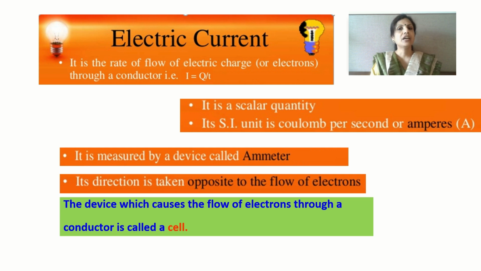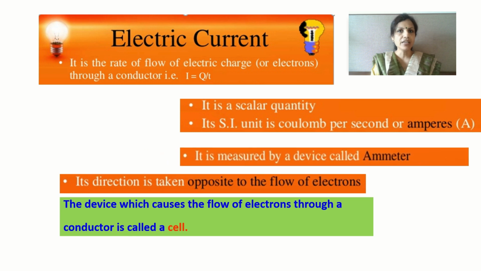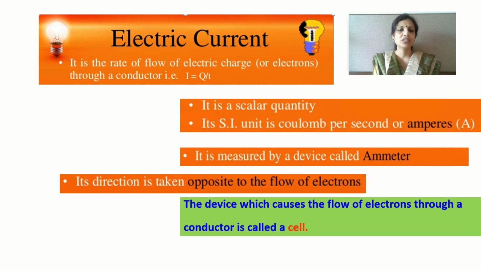Then electric current is measured with the help of a device called an ammeter. And I told you to remember one thing, that an ammeter is always connected in series with the circuit. This we will discuss in detail in the later part of the video. Then there has to be something in an electrical circuit which will cause the flow of electrons, and this is nothing but a device called a cell or a battery. So a cell or a battery is responsible for making the electrons flow in an electrical conductor.